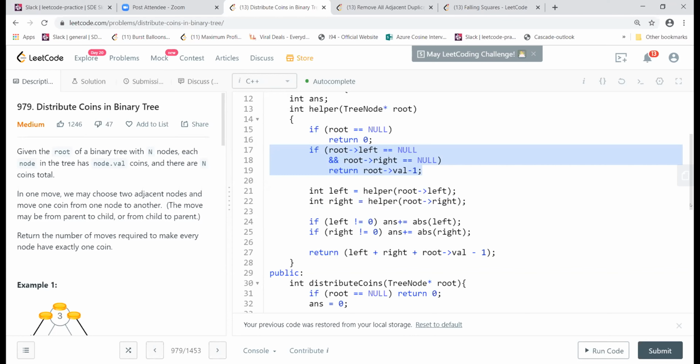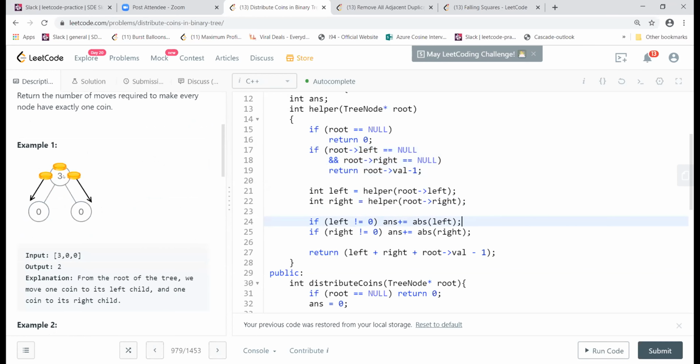Could you explain why we need the absolute value? Yeah, like in this case, example one, if you traverse to the end here, your root value here will be zero, correct?